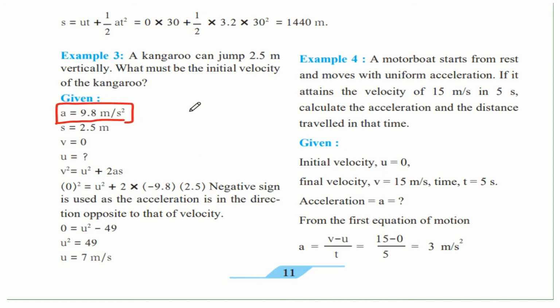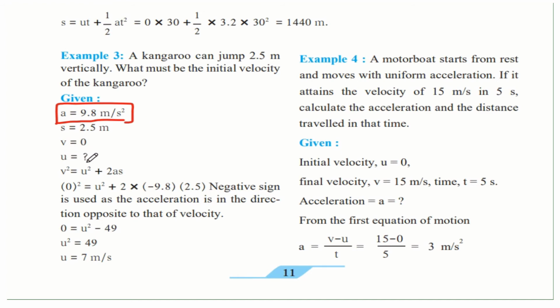So when you jump in the air, there is a force that is stopping you from jumping too high. That is why the kangaroo came to rest after he jumped in the air. So that was because the acceleration of gravity was acting on it from above and pulling it towards the surface of the earth. Therefore, the acceleration was 9.8 meter per second square, and this is a standard value.